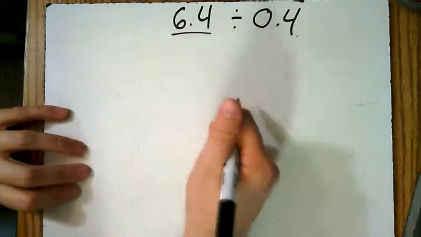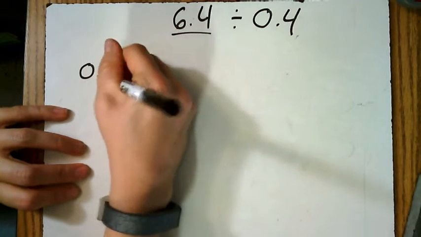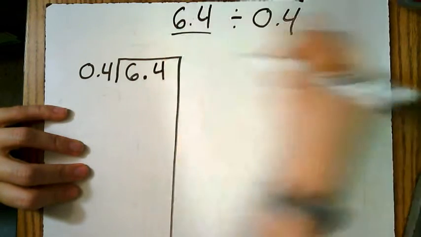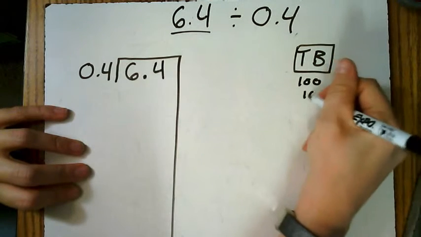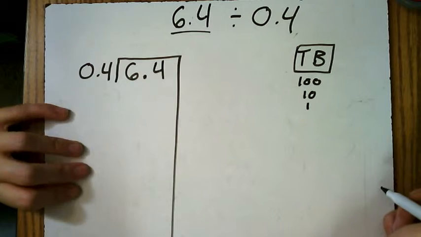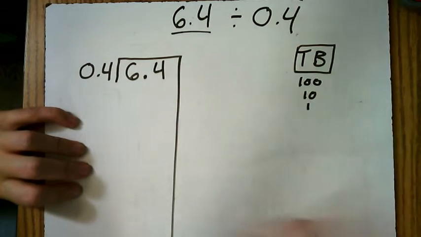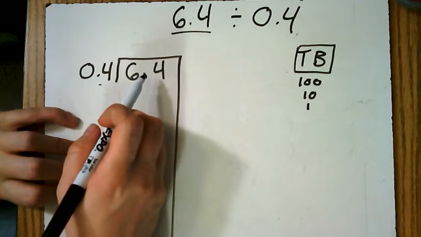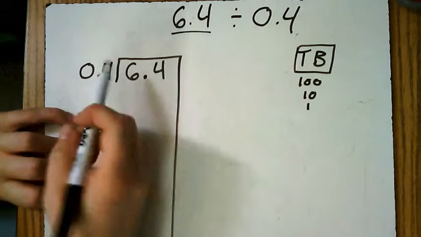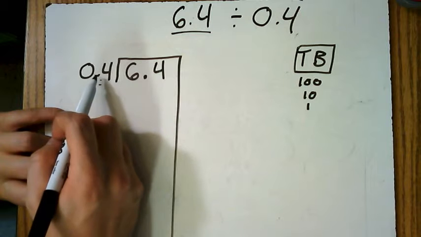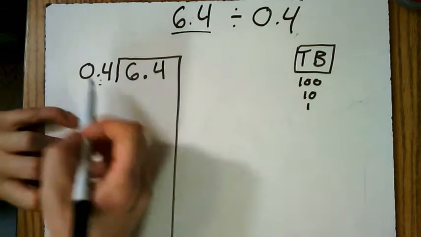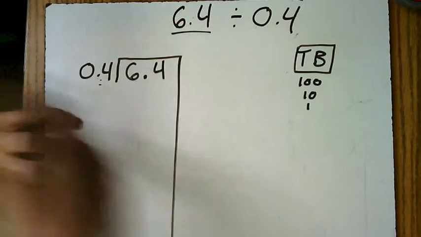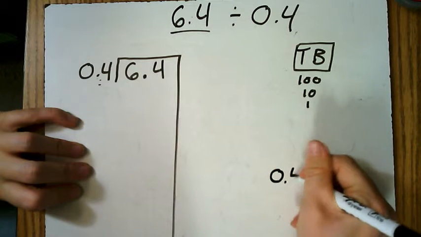To begin, you set up your problem like normal, with your think box. Now, the very first thing that we have to do when dividing a decimal and another decimal, or really anytime you have a decimal as your divisor, you have to get rid of the decimal. Well, how do I do that? How do I get rid of my decimal? Do you remember talking